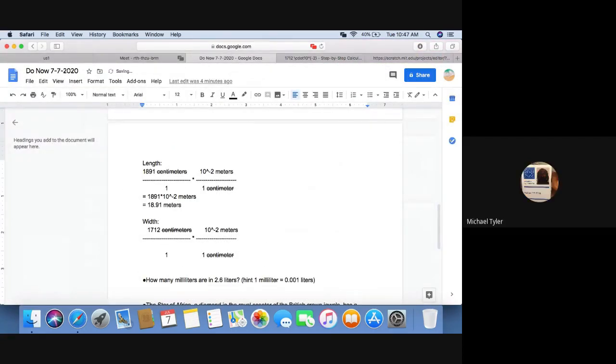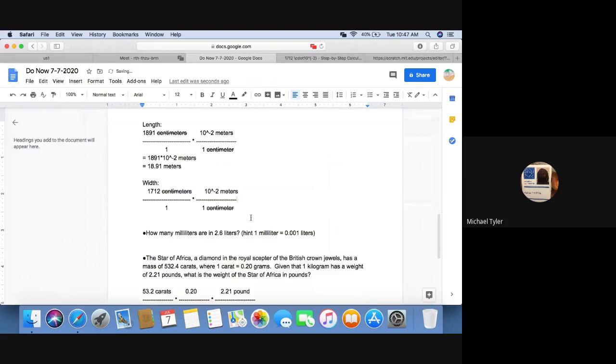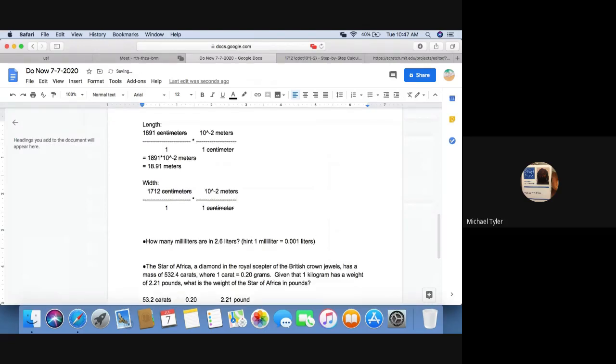So you might want to come down like I did and put those steps down too, because you didn't put those. So you see what I did, right? I hit equal, and then you're gonna put 1712 multiplied by 10 to the negative 2.